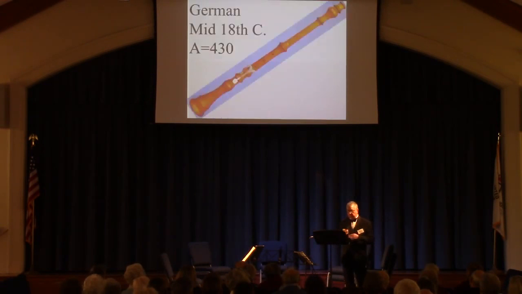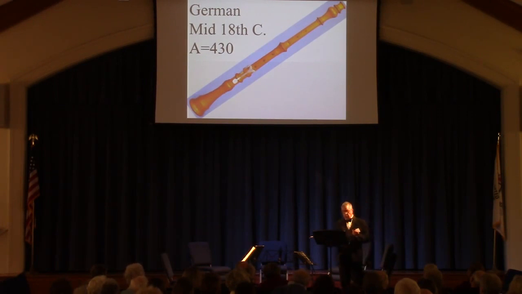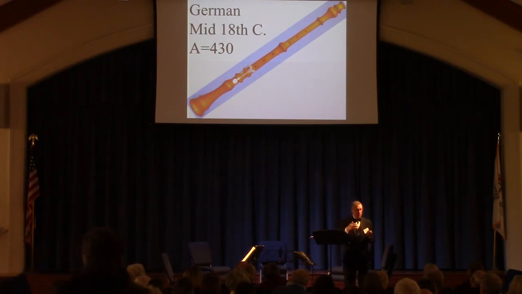Now we're going to jump ahead another 30 years or so, and this is a German oboe from the mid-18th century. You'll see the pitch is now A430. Again, this is relative. But what is happening at this point is playing styles are becoming different. What the oboe had to do was different. The way the composers wrote for it was different. It was a lighter sound. They had to play higher. They weren't playing with the violins all the time, although they could, but primarily the style was of harmonic enhancement